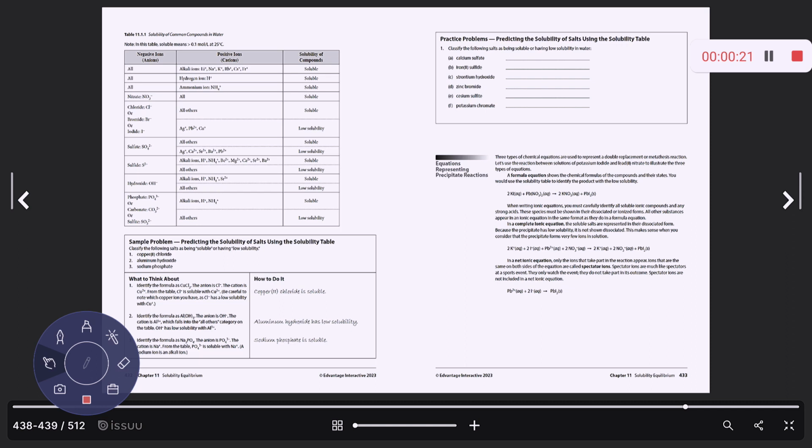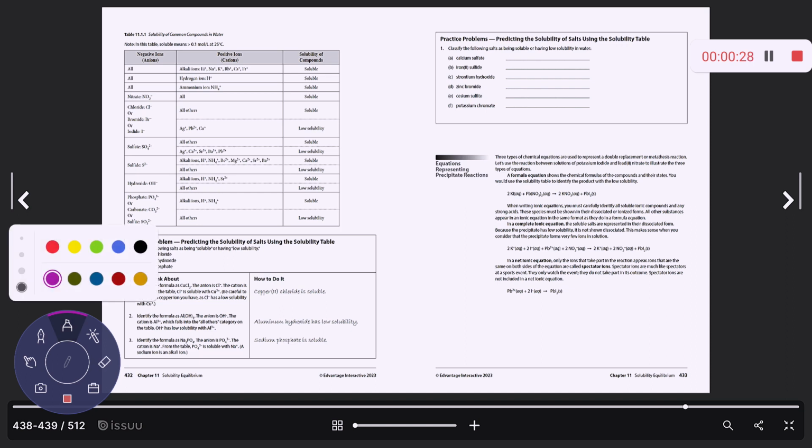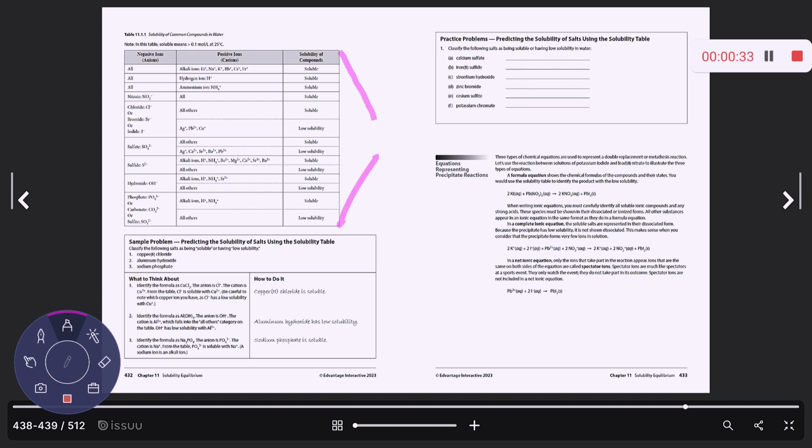Okay, so the solubility table is used when you're trying to predict whether or not a product will be soluble in water or whether it will have low solubility. So this you don't memorize, right? This will always be given. And you want to use it to determine whether the product that you form is soluble or has low solubility. So use it to determine the state of matter